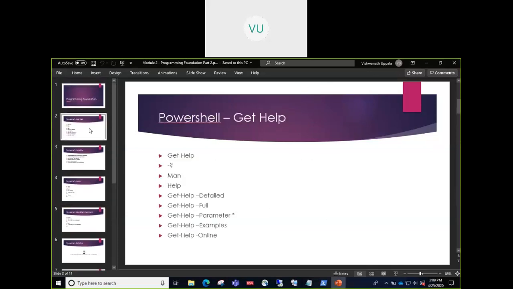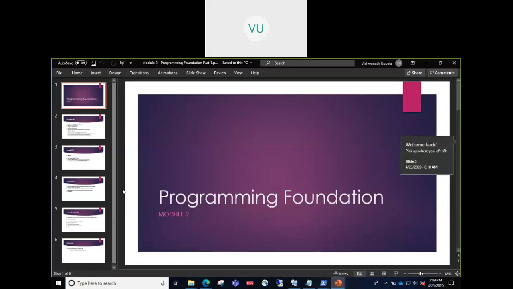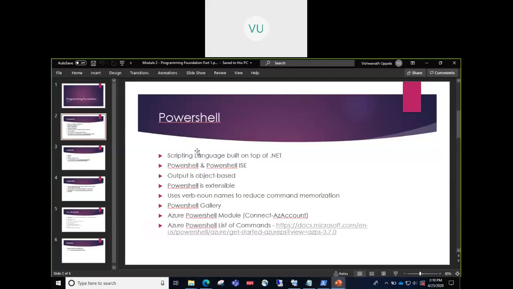So we have covered PowerShell. Let me start from here. Okay, PowerShell. So the basics and the foundations of PowerShell, how it started, and on which language it has been built. What are the features of PowerShell? So high level, it uses commands, just like a command prompt we have today in the Windows 10 operating system. Similar experience you would see in PowerShell as well, but it is more advanced.